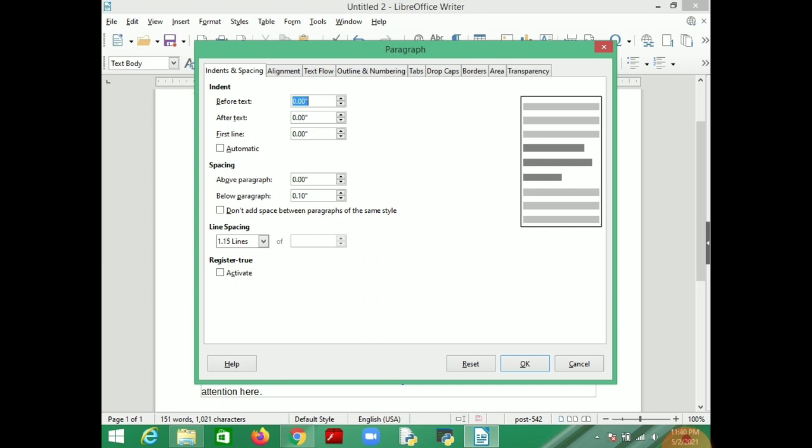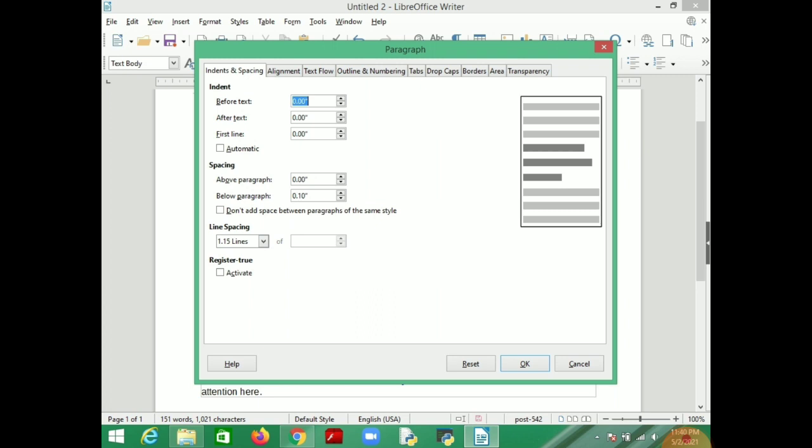Then using the Paragraph option, you can set indents and spacing. You can make spacing or you can indent your text. Indentation means when you start a new paragraph, you give 3 spaces to start your paragraph, then you start writing your words. That is called indentation and spacing.